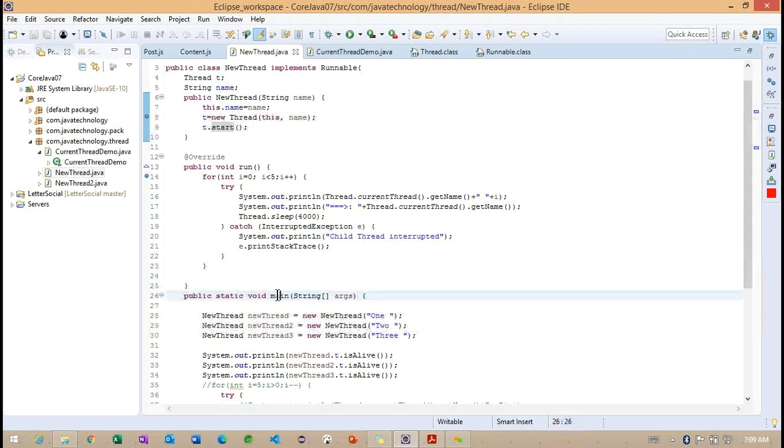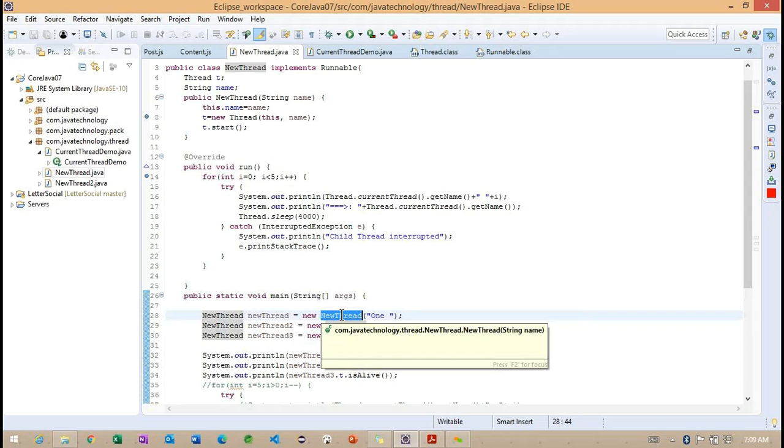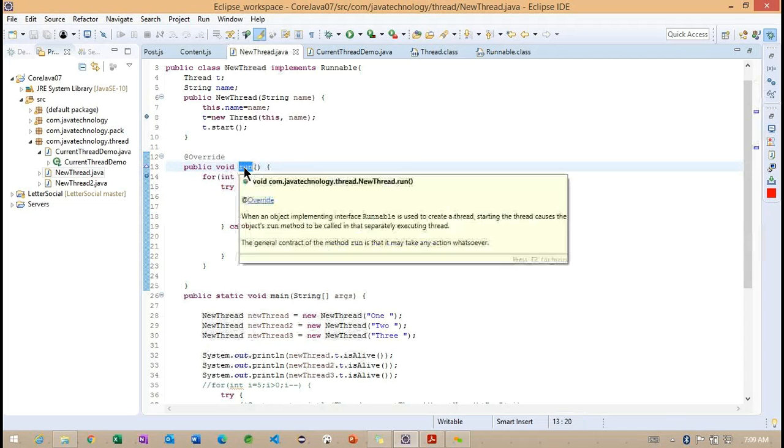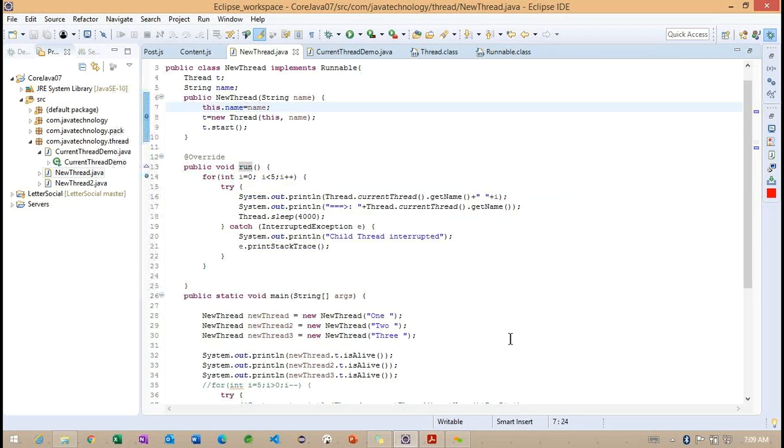Carefully observe the behavior here. The main thread is going to call the constructor, that's it. Internally, observe carefully, a new thread is created and the new thread is going to start. Whenever the new thread starts, this particular run method is executed here. Getting the point?